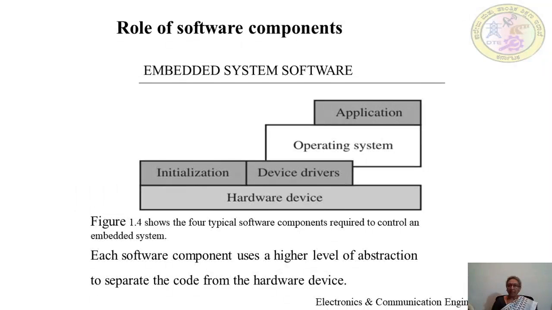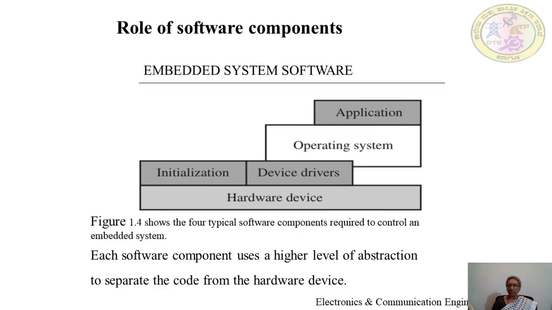Whereas the operating system is placed above the initialization layer and the device driver layer. The operating system has the option to either directly interact with the hardware device or, as is usually done, through the device driver software. And we can observe that the application software is placed above the operating